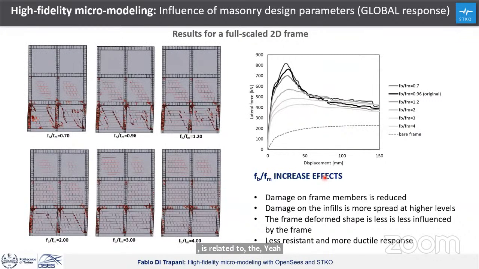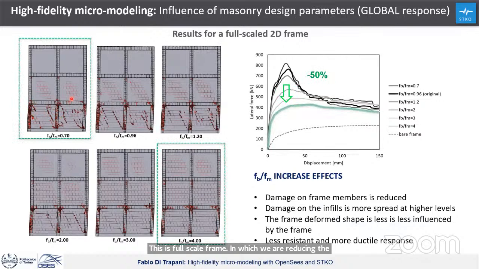this full-scale frame in which we are reducing the strength of the mortar. And if you compare the first case with the last one, you see how the crack pattern is changing. So we have diagonal cracks and some shear damage to the columns in the first case, right? And by reducing the mortar strength, we have the behavior of the infill that is much more a sliding behavior, much closer to the